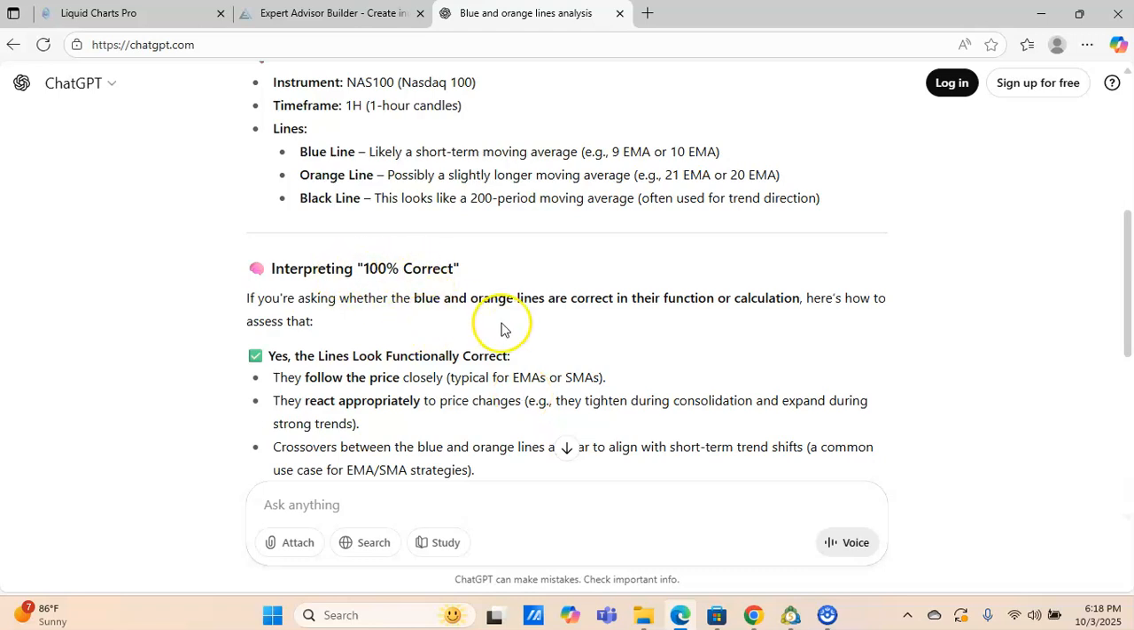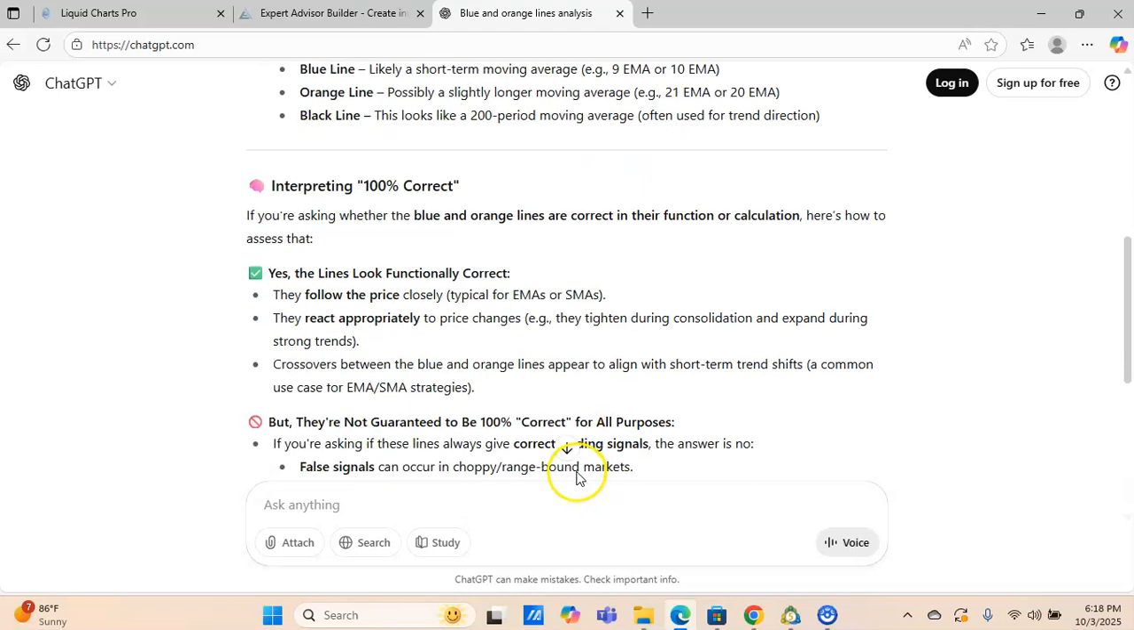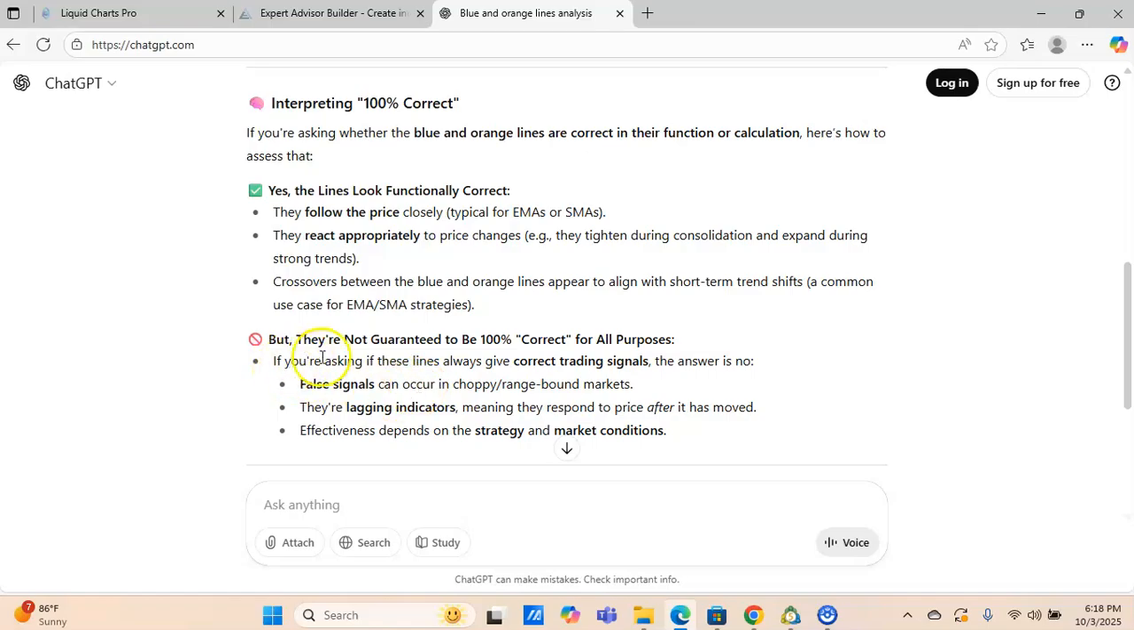Interpreting 100% correct. If you're asking whether the blue lines are correct in the function or calculation, yes, the lines look functionally correct. They follow the price closely, typical of EMAs, which are exponential and smooth. They react appropriately to the price changes. They tighten during consolidation and expand during strong trends. Crossovers between the blue and orange lines appear to align with short-term trend shifts, a common use case of the exponential and smooth moving averages. But they are not